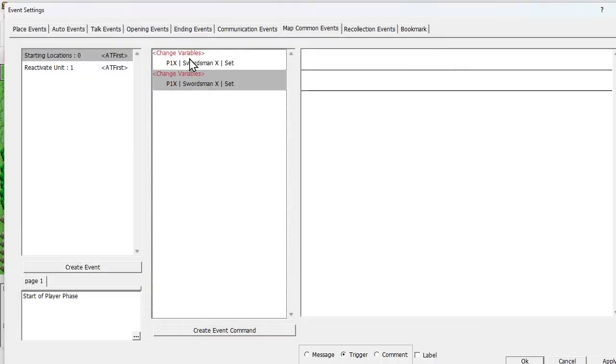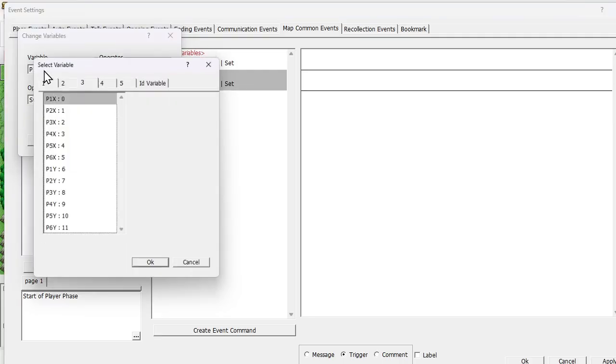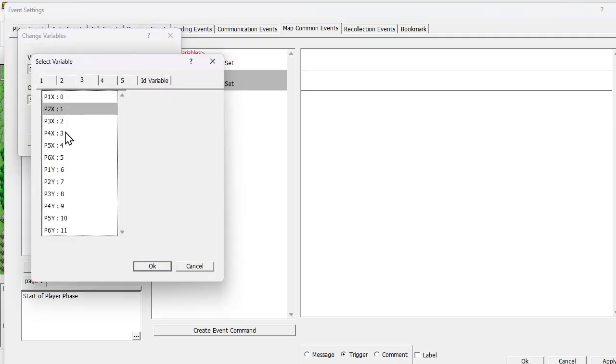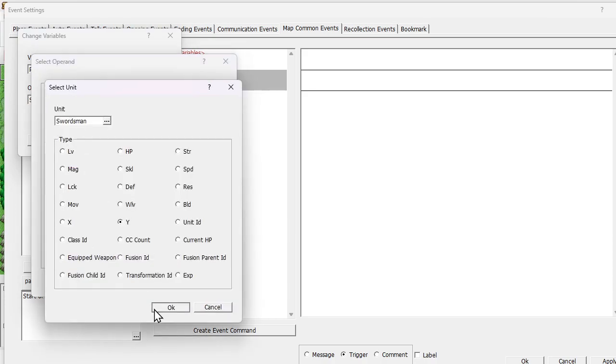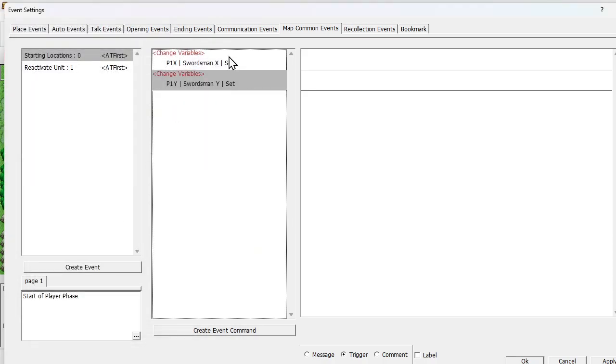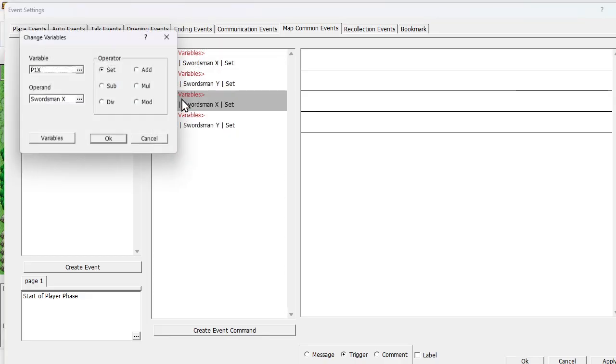We're just going to do it for 2 units for right now, and I'll fix it up. And we want to do it for y as well. Swordsman y. And we only care about the positions. We don't really need the unit IDs. So we'll also do